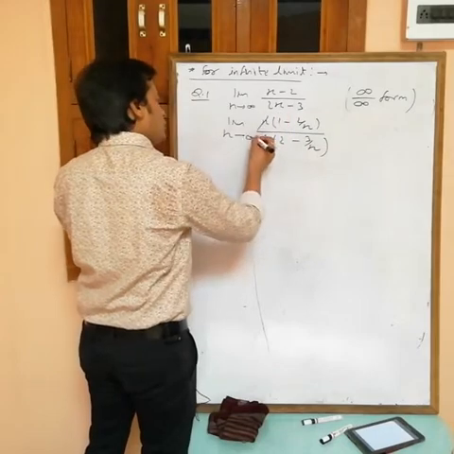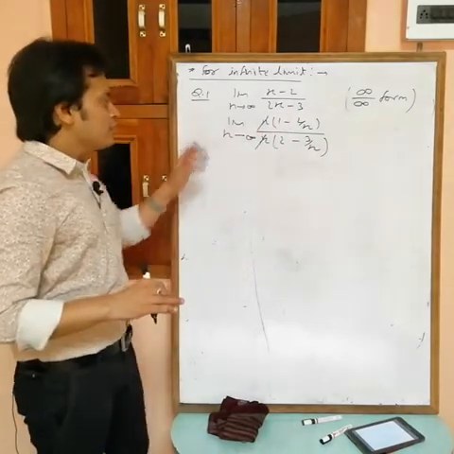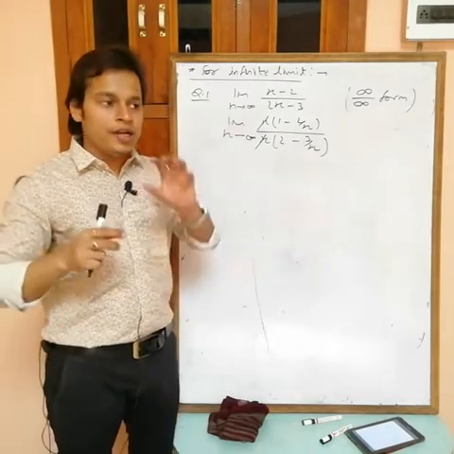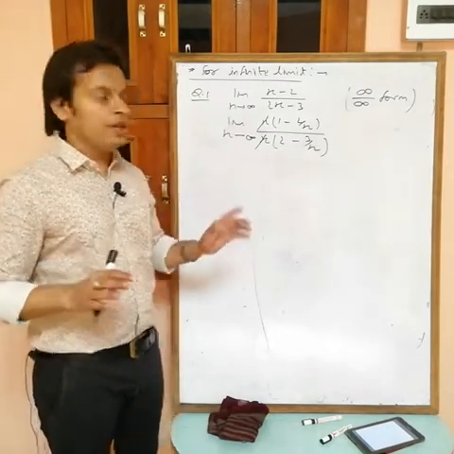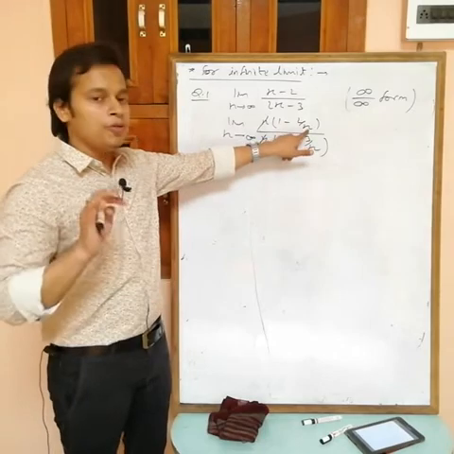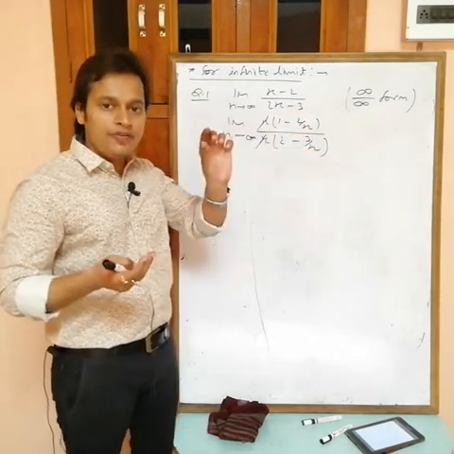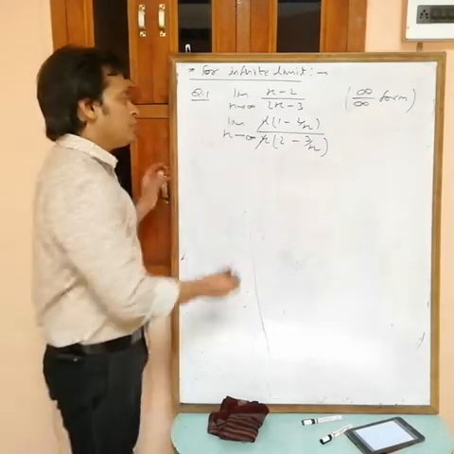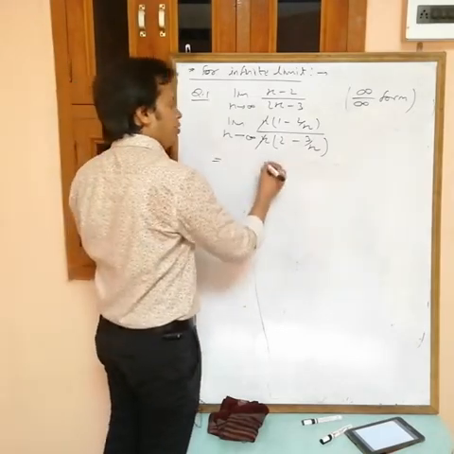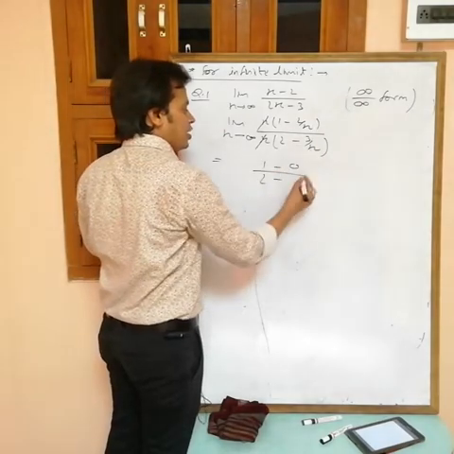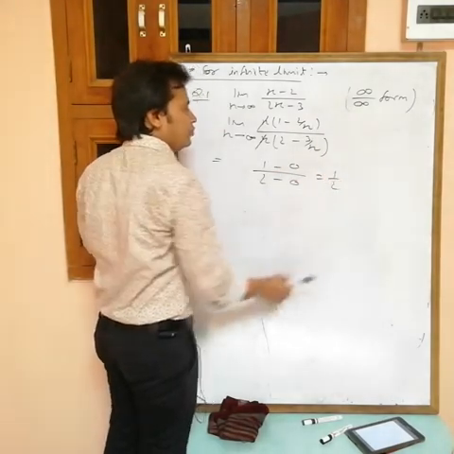Why are we taking common x? Because when you take the highest power of x common, you will get x in the denominator only. And if you have x in the denominator, now put infinity. 2 by infinity is 0, a finite value. Then you can find the value. Now directly put x equals infinity. 2 by infinity equals 0, 3 by infinity equals 0. The answer is 1 by 2.